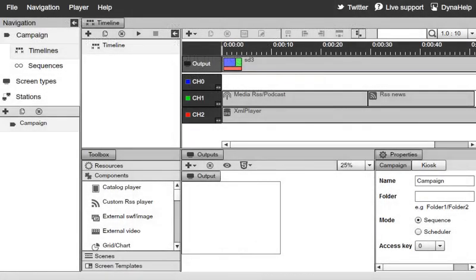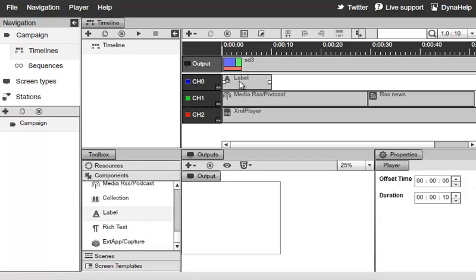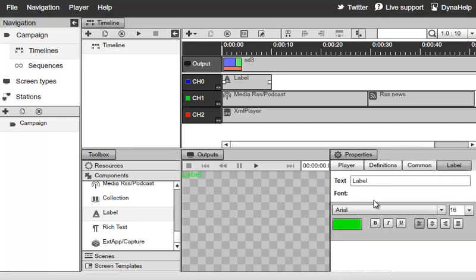So first, let's go ahead and compare just using an object directly on the channel versus using a scene. So I'll switch over here to my components and take a label, drag and drop this label onto this channel, and I'll double click on it to load up its properties and type something in its text field. And so right now what's happening is that this particular label is going to occupy the full size of the